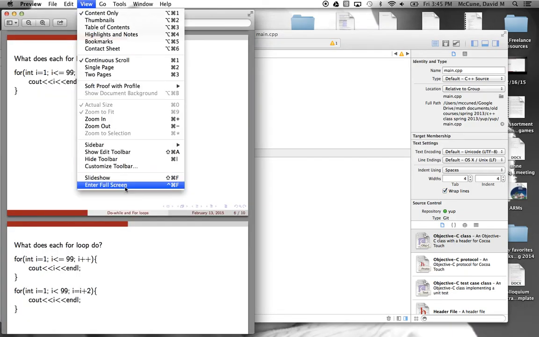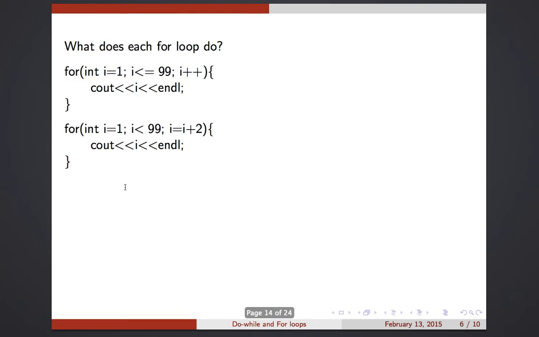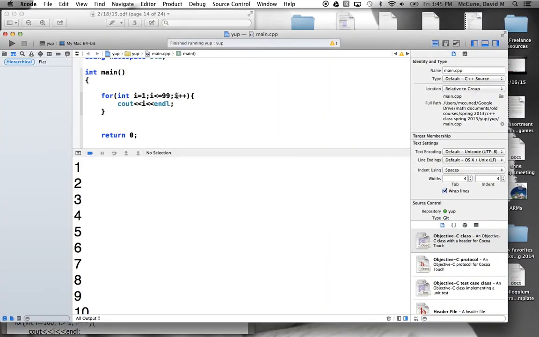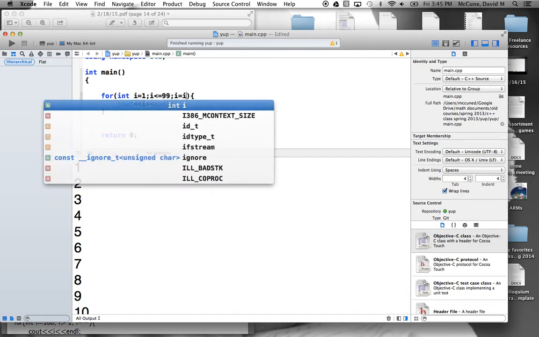So the next example is the same, except now I equals I plus 2 is the update condition. So let's look at that. If instead of kicking the value up by 1 every time, you kick up the value by 2 every time,